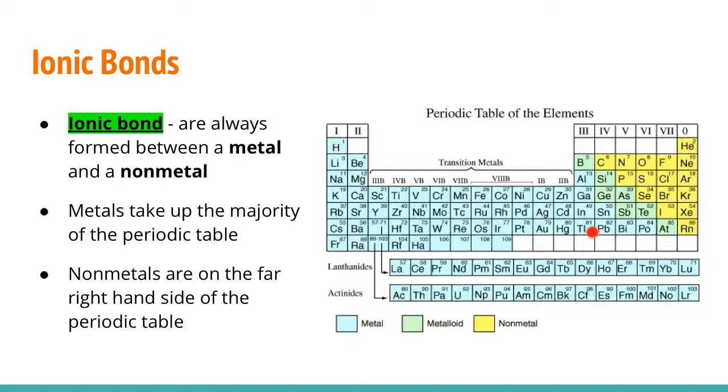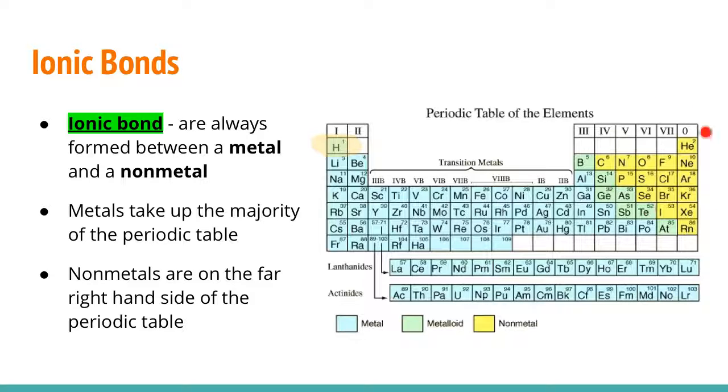So that would be all the things in blue, except I do see one error on here, and I'm going to fix it actually. I'm going to make that hydrogen yellow because that guy, hydrogen, is actually a nonmetal. It's the only nonmetal to show up on the metal side. Nonmetals, on the other hand, are always on the right-hand side, but also we're going to see hydrogen there. What I want you to figure out is that anytime that we are taking something from the left-hand side and